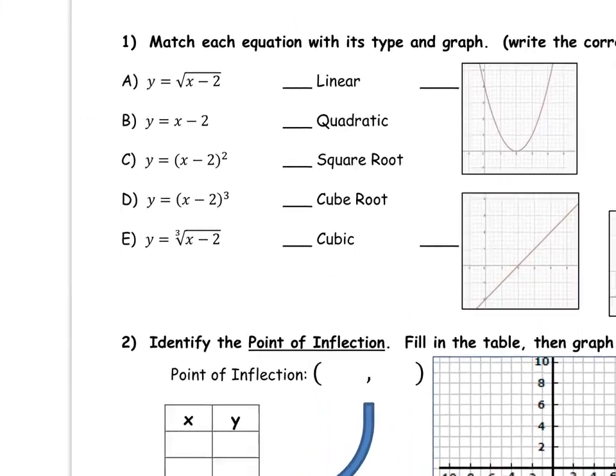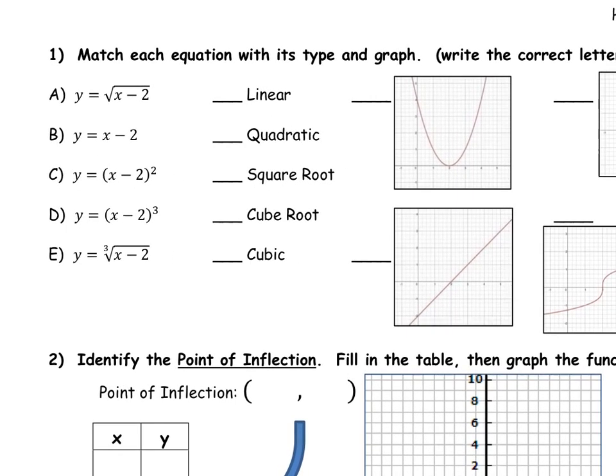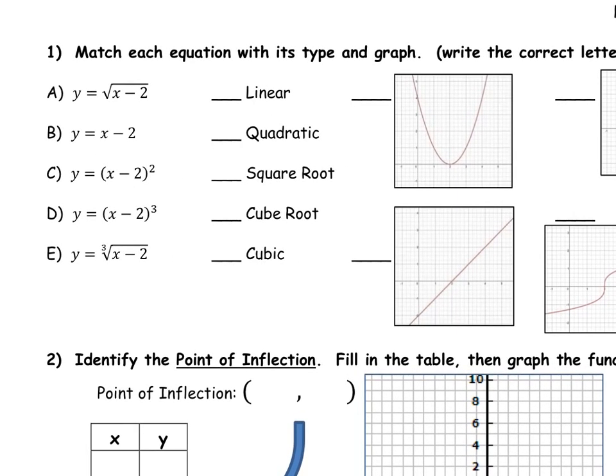First thing we want to do, to remind ourselves of some of the stuff we talked about today in class, is to be able to identify what type of graph we have based on the equation they give us. So let's start with problem 1a and 1c. Problem A is a square root function. You can see the radical, and since there's not a 3 on the radical, it's a square root function. That's problem A. And the graph that matches up with our square root function